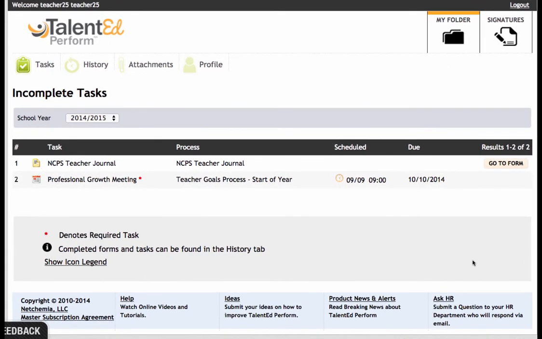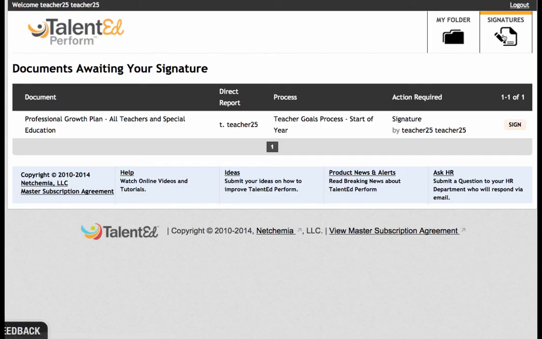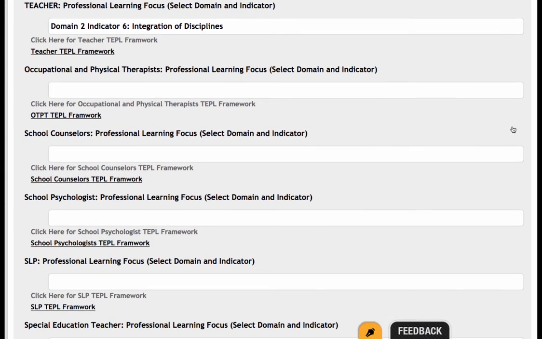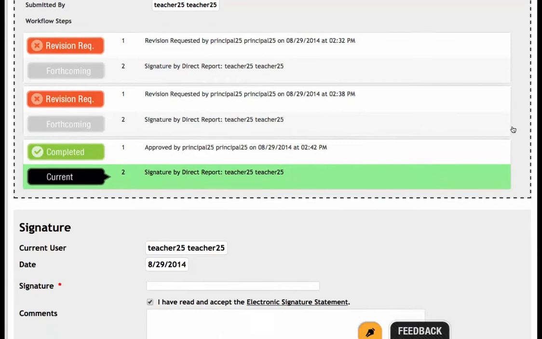Now that your administrator has approved your professional growth plan, it is time for you to sign off on it. You may have received an email. You may also go to the main screen in Talent Ed and click on the word signatures in the upper right. You will now see under Documents Awaiting Your Signature, your professional growth plan. Click on the word Sign. Keep in mind, clicking that Sign button does not automatically sign the document. You may scroll through and see your entries,